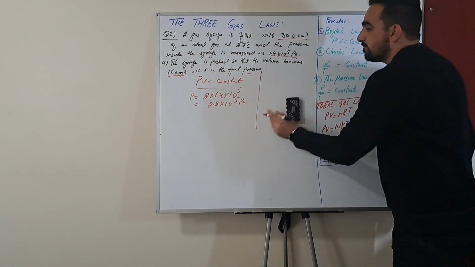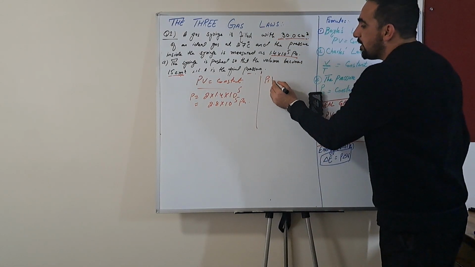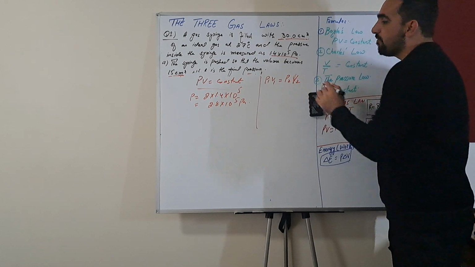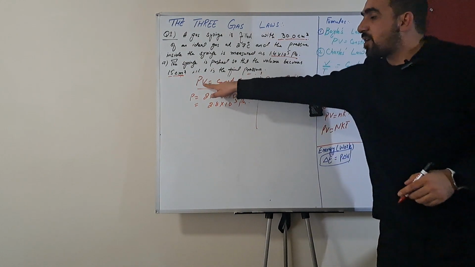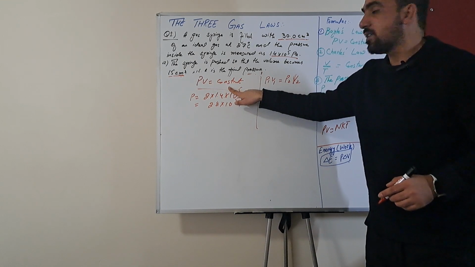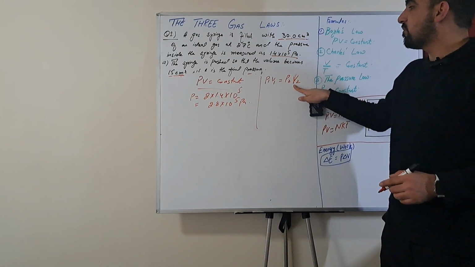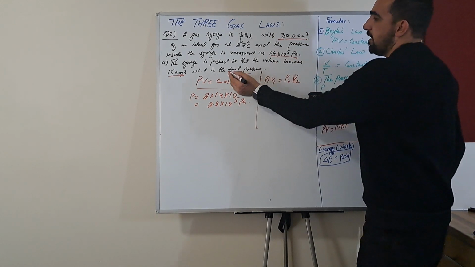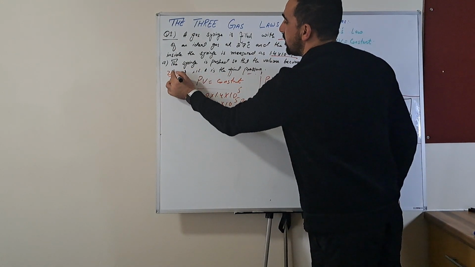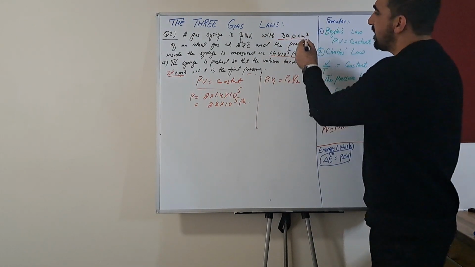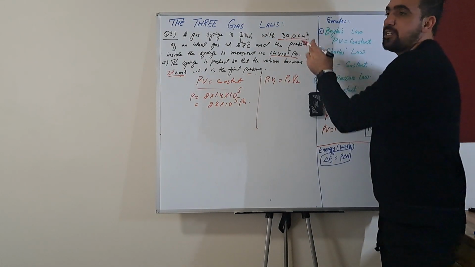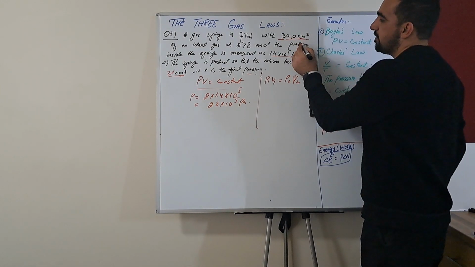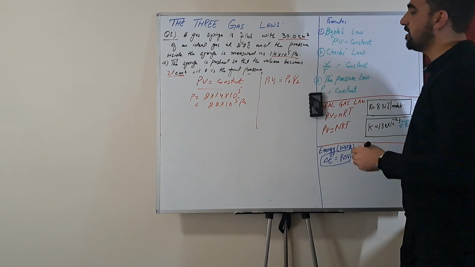What you can use is P1 V1 is equal to P2 V2. Why? Because the product of pressure and volume is always constant. So P1 V1 is equal to P2 V2, and here you use the values. Let's say I'm changing this to now 20. You don't even have to change these units to System International because they will divide and cancel out with each other.